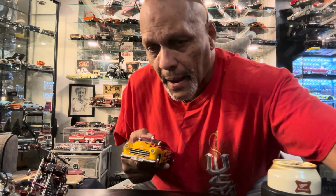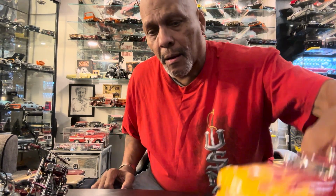And I bought a lot of them, mostly at flea markets, because the cars were only $10, $12. I could buy two or three and come home and line them up. And as I kept buying them, they kept adding up and up. After a while, I had 15, 20 of them on the shelf. But no matter how hard you try, there's no way you're not going to buy a 118 car. And then once you do that,